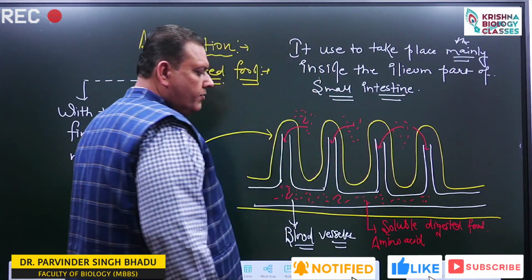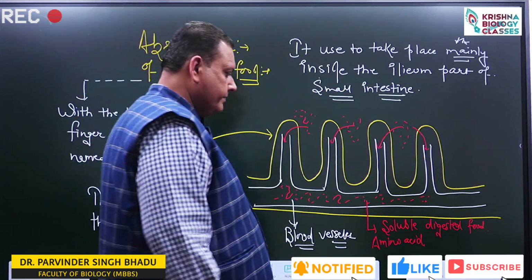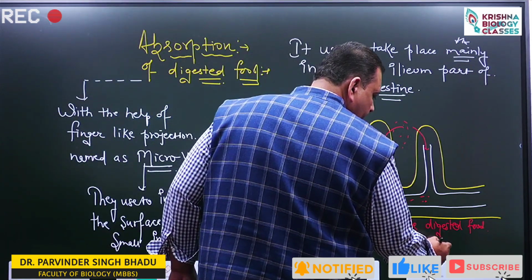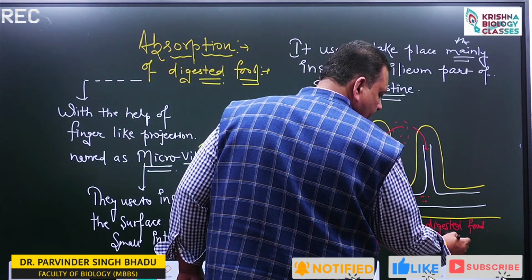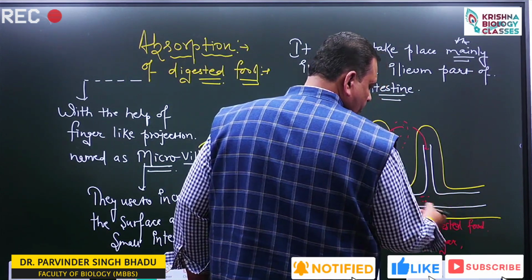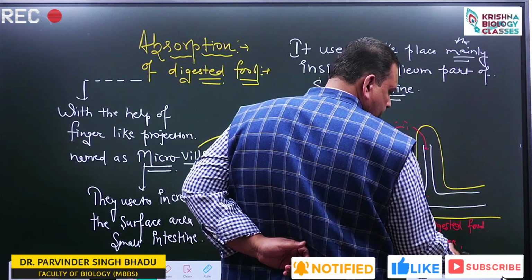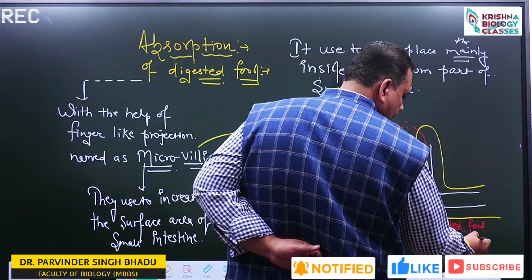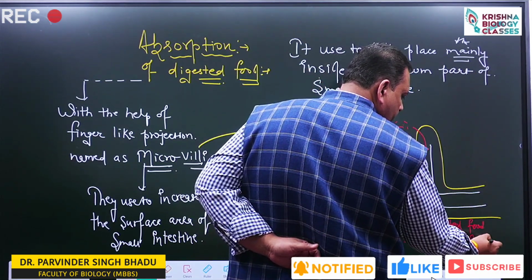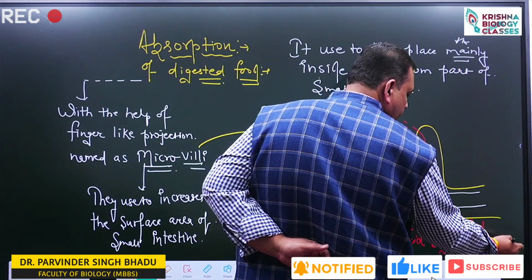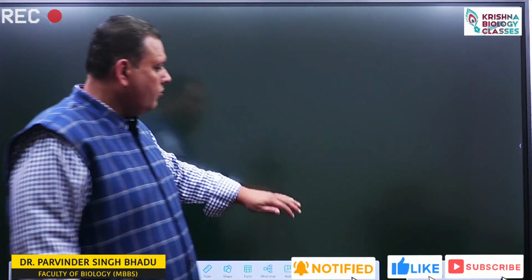It is a soluble form. Then the carbohydrate gets converted into sugar, which is also soluble in water, and the blood plasma part contains water, and fat gets converted into fatty acid. So all these